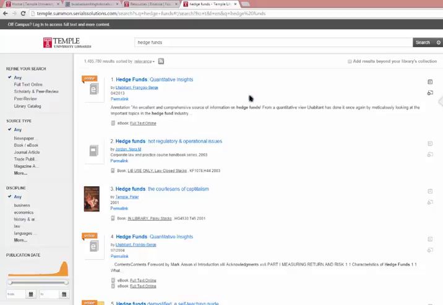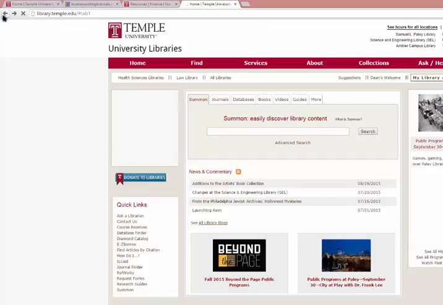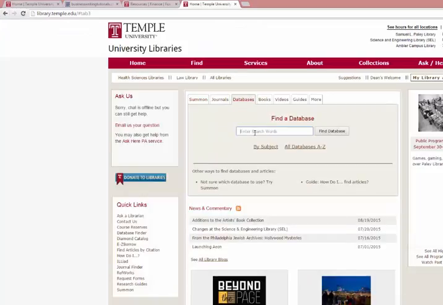A lot of the full text is linked directly from these articles, so you have access to a lot of good stuff through the Temple Library. You can also look for databases. For example, one that comes to mind is Web of Science